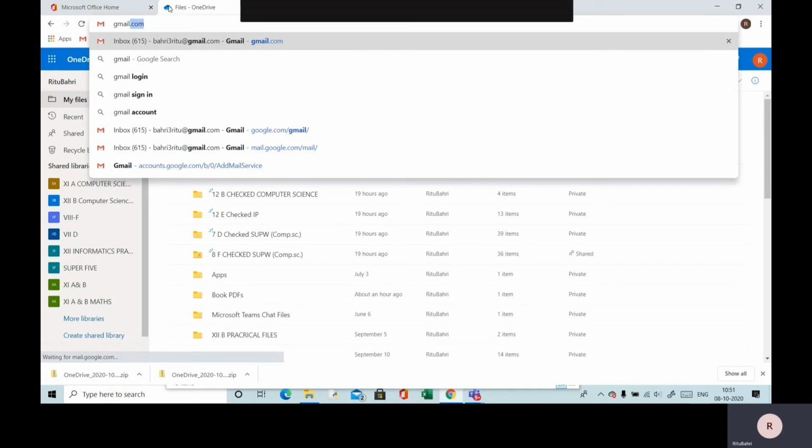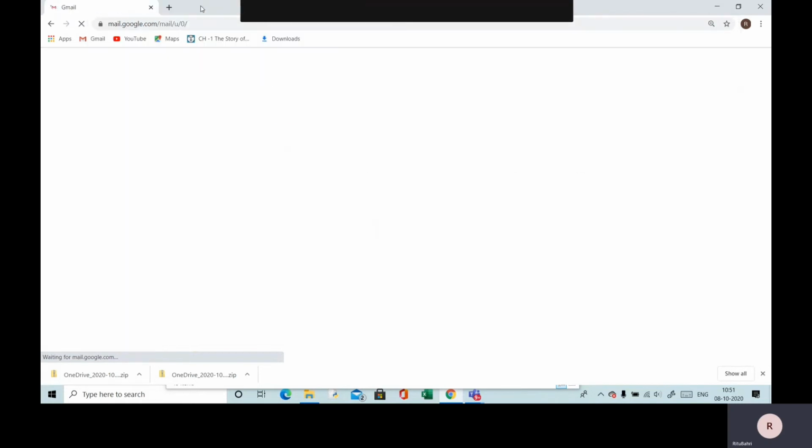So once we open our email account, from there we can compose an email to the class teacher and send it to the class teacher's email account by attaching the folder that has been created and downloaded by us in the download section.